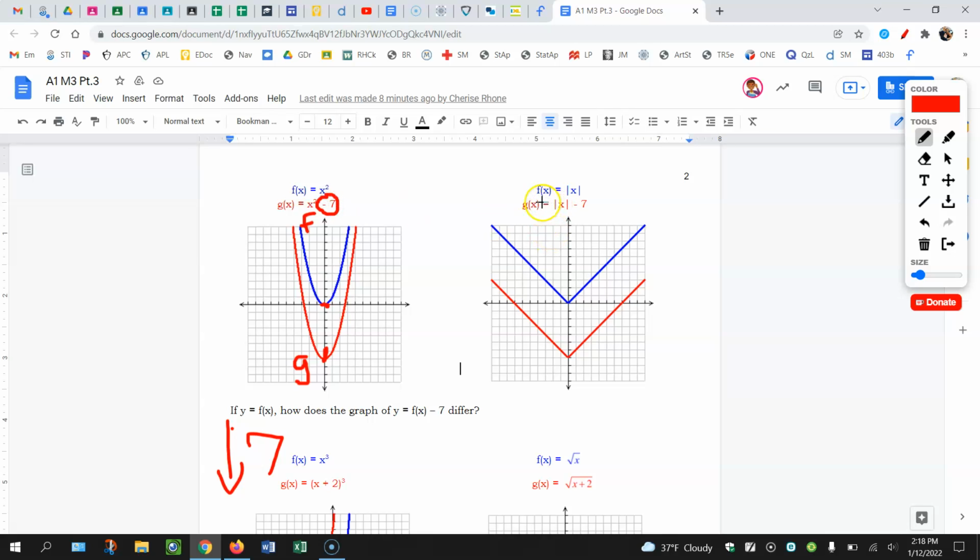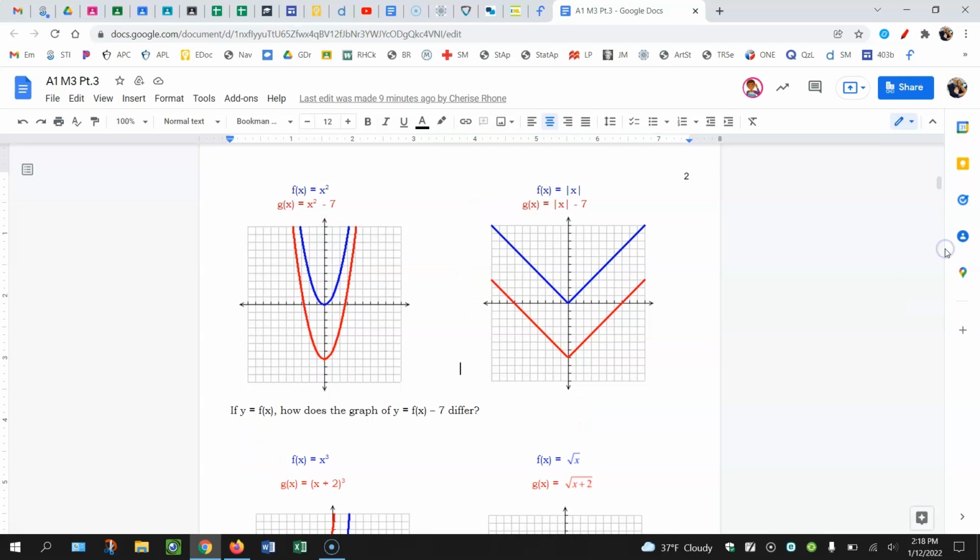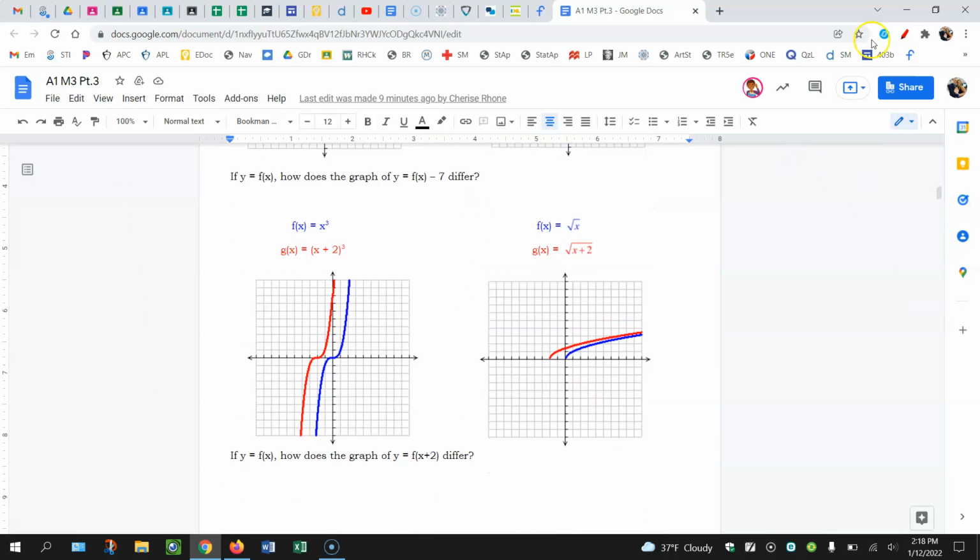Now we have absolute value. Same idea. This is f. This is g. You'll notice the vertex here is at the origin. The vertex here is at 0, -7. You'll notice the 7 is outside of the absolute value. And absolute value just means distance away from 0. That's a fancy way of saying that. So in both of these instances, the graph moved down 7, or translated down, or shifted down 7. Okay, as we go to the next part of this page,